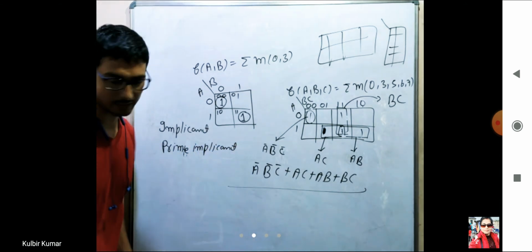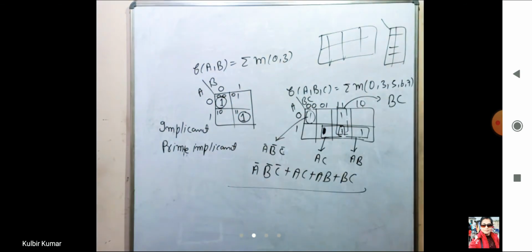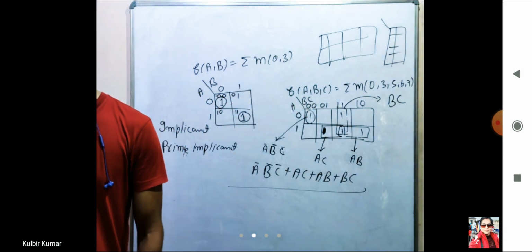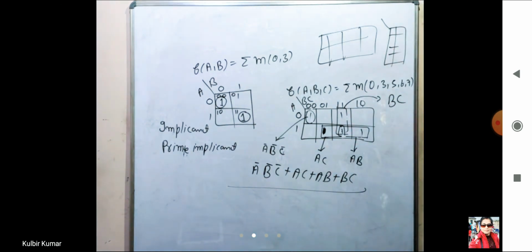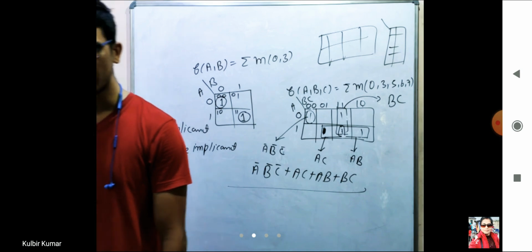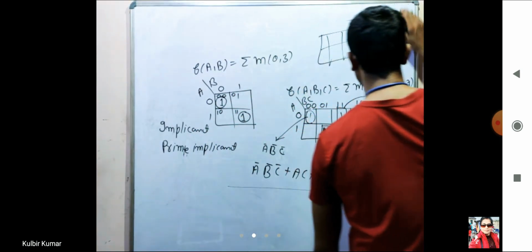You can write down one statement about prime implicant. Write down implicants which are not proper subset of any other implicant. Prime implicant क्या होगा? Implicant which are not proper subset of any other implicant. Implicants which are not proper subset of any other implicants are known as prime implicant, or simply you can write down PI also.